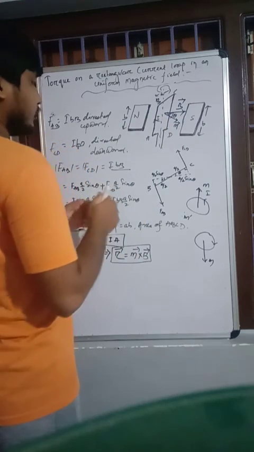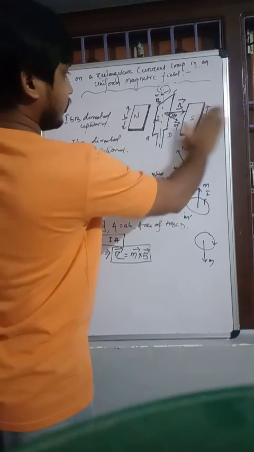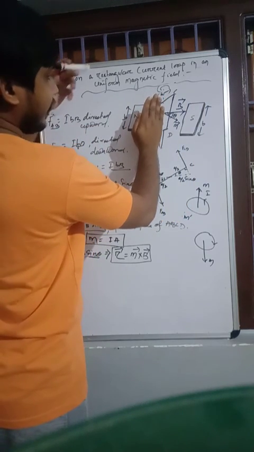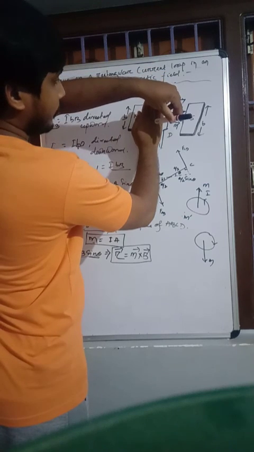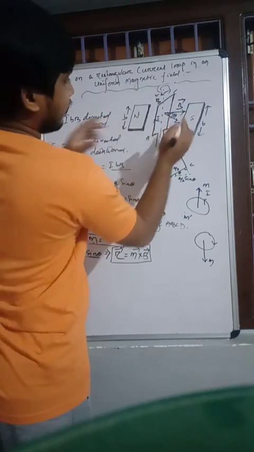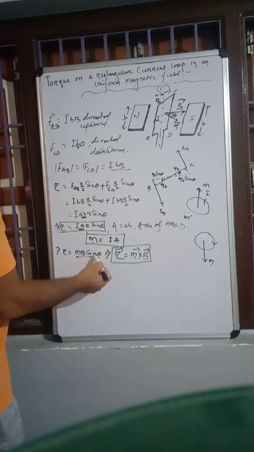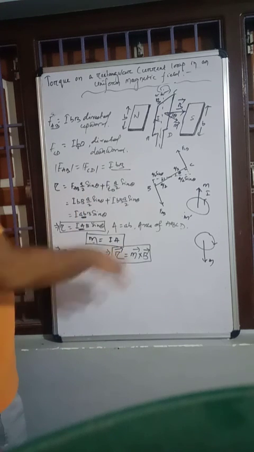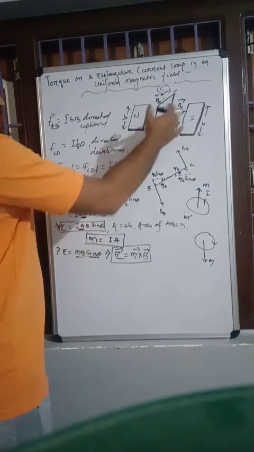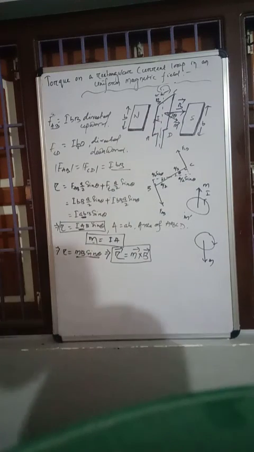Hope you all are getting this. Suppose this is the magnetic field going in this direction, and I have placed the loop like this. So the area vector or the magnetic moment will be coming like this, and this angle is our theta. The angle between the magnetic field and the magnetic moment is theta, which is written here as sin theta. So this is all about the torque acting on a rectangular loop when it is placed in a uniform magnetic field.